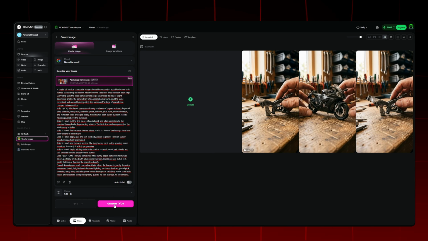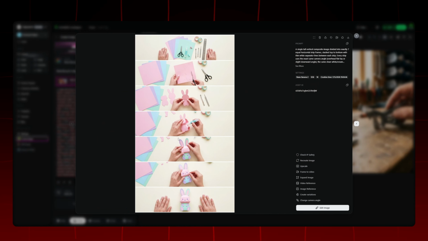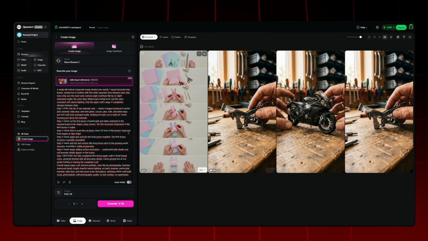Based on your prompt, an image will be created with as many scenes from top to bottom as the number of scenes you selected at the beginning. We check it and save it, then move on to the video production stage. To move on to the video production stage, we click on the Frame to Video tool in the side menu,